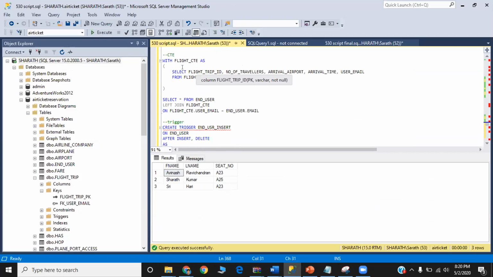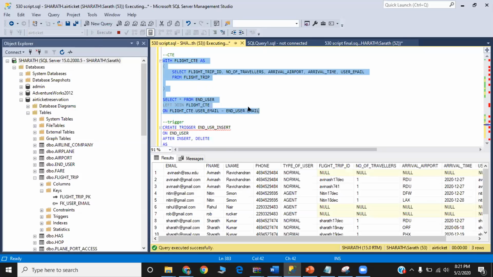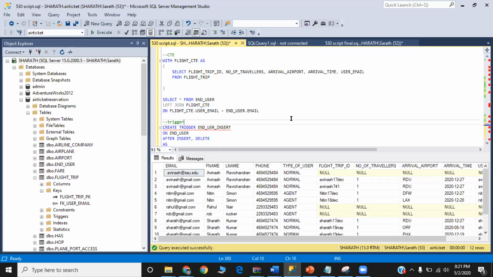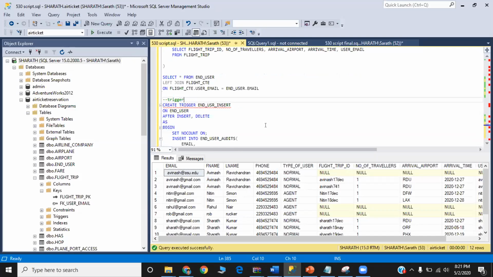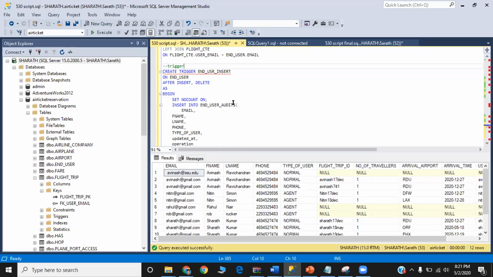Next is the CTE. In the CTE, we have developed a query. Here we can see we have used a flight CTE, which is from the flight table. We can use a CTE as a temporary table. Next, we have functions and trigger.